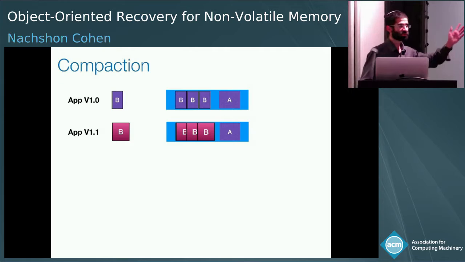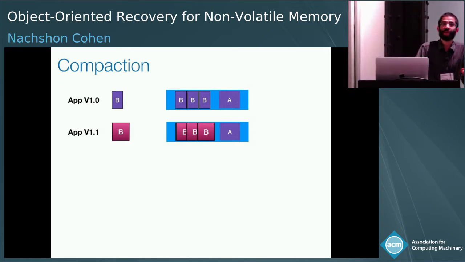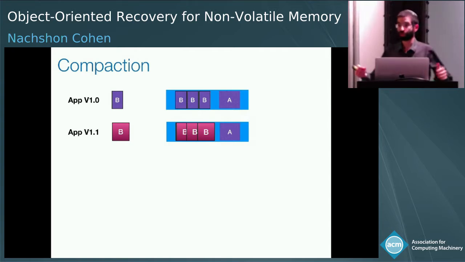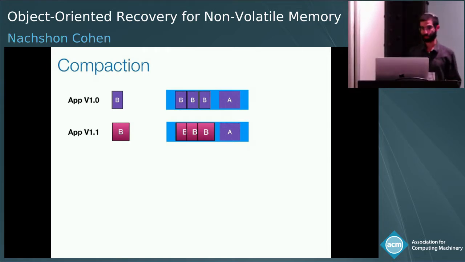And if we're going to do this just naively, then these B objects are already allocated in the non-volatile memory. There is no additional space to allocate this additional field. If you do this naively, this is going to cause an overlapping of the memory and override of important information. So because we already have type information for all our objects,